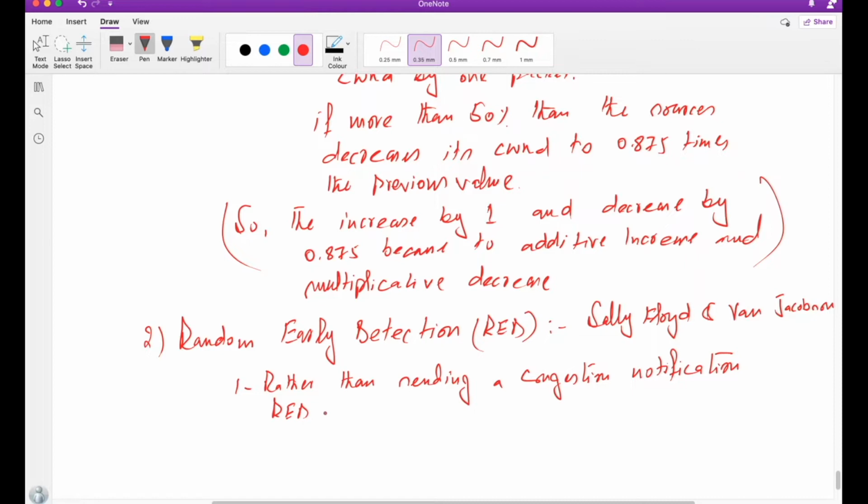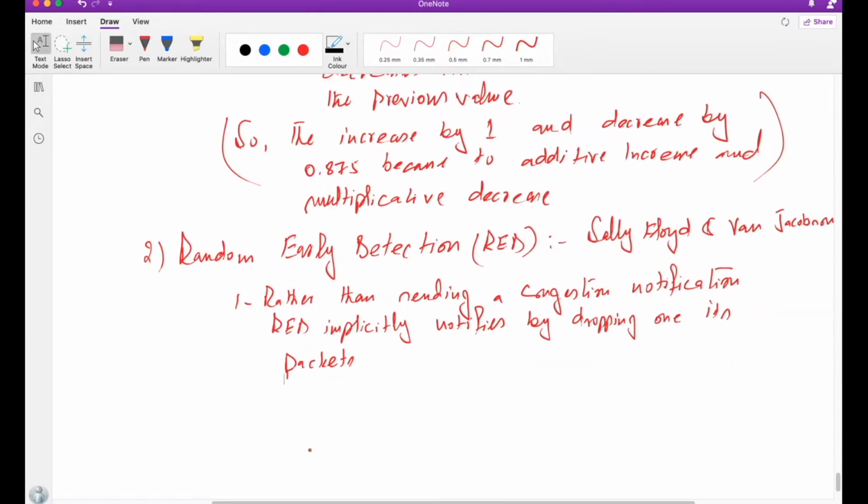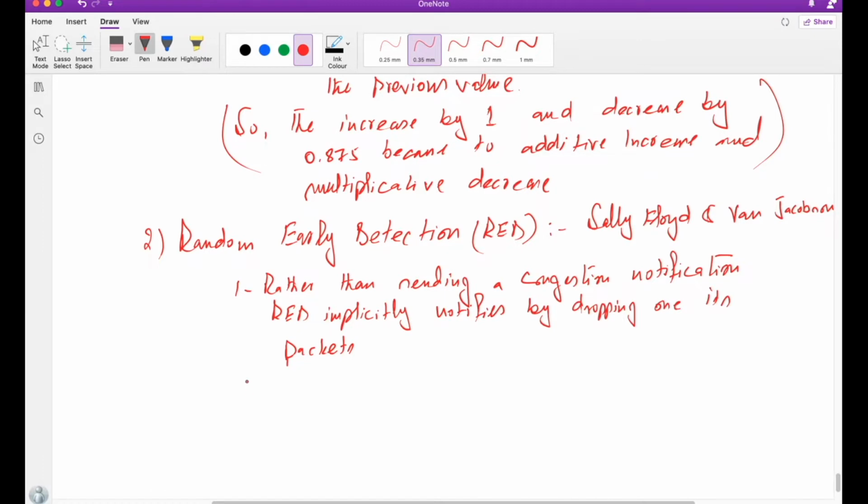So RED implicitly notifies the source of congestion by dropping one of its packets. So there are no specific congestion bits used to indicate congestion. And the second thing is